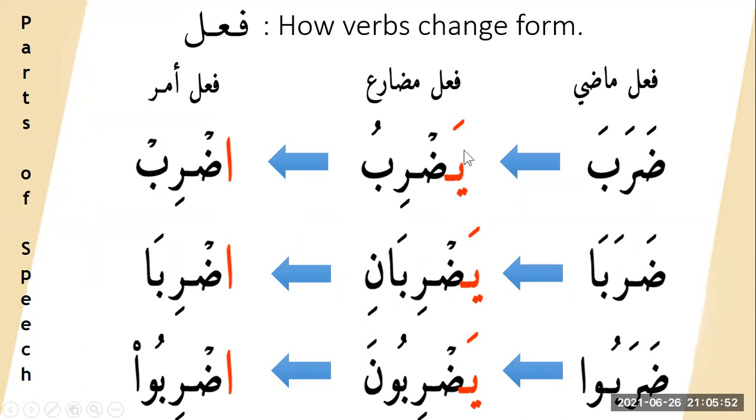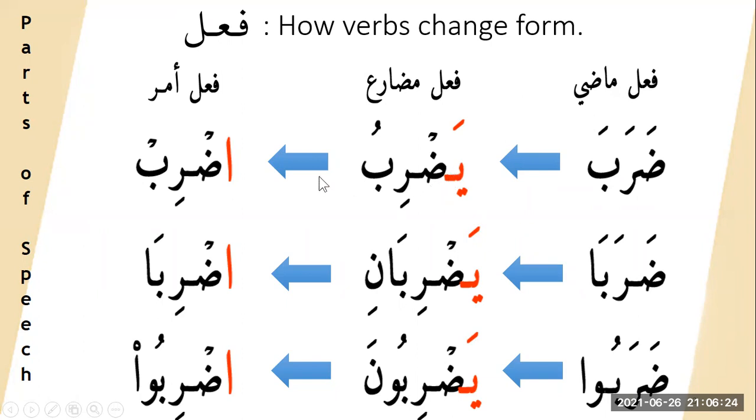A ya can be in red because it can change to either a ya, nun, hamza, or ta. Or you can say Anita. Anita is a hamza, nun, ya, or ta. So the first letter can be either of those four letters: hamza, nun, ya, or ta. You represent whether it's first person, second person, or third person. And in the Quran, as you know, most verbs are for the third person. That's why I use a ya here.